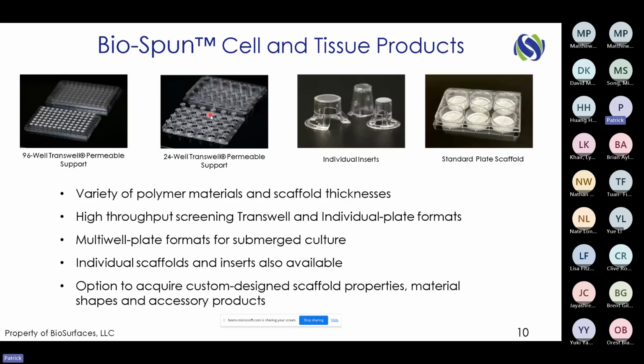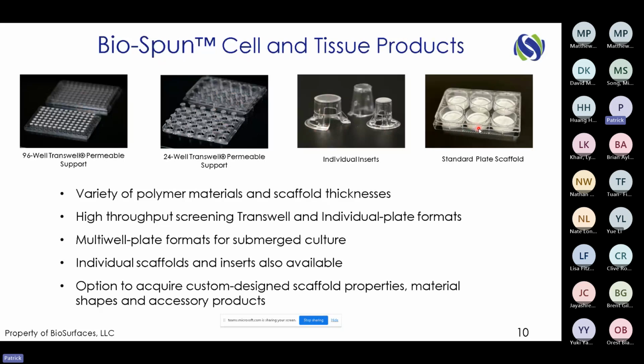We obtain the plastic components without the traditional industry standard membrane attached. So they're just empty plastic components, no membrane at all, and then we attach our electrospun scaffolds in place. And in addition, we have different sizes of individual inserts, shown in the inverted orientation just to highlight the scaffold portion here. Obviously, in the background here, we have the receiver plates, and when we're actually using them, we flip this over and it sits inside the receiver plate, and then on top of that, there's also a lid. One final product that we have